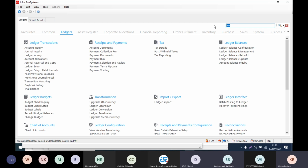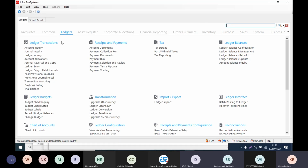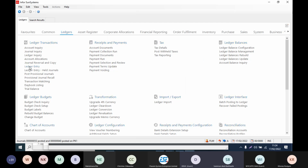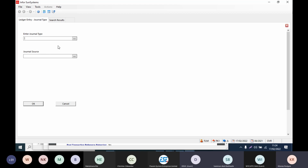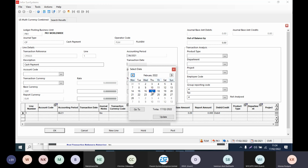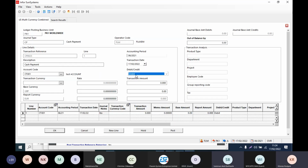And the other thing I'll show is journal authorizations. With this, a journal will undergo stages of authorization before it's posted. So to do it, I'll just do my normal ledger entry. Assume I'm doing some payments. So maybe yes, it's my cash payments. So here doing my payment, I select my supplier account. Then I assume I'm paying in